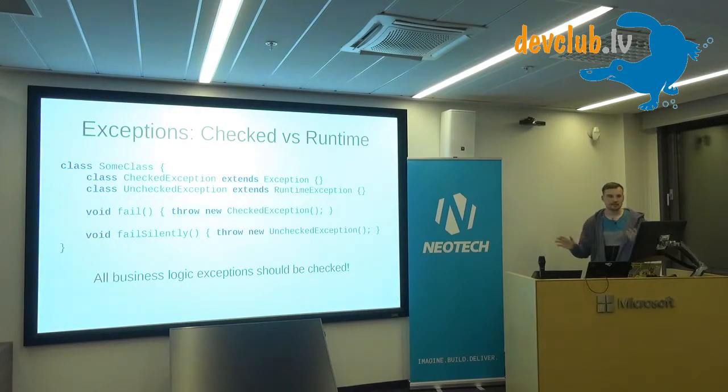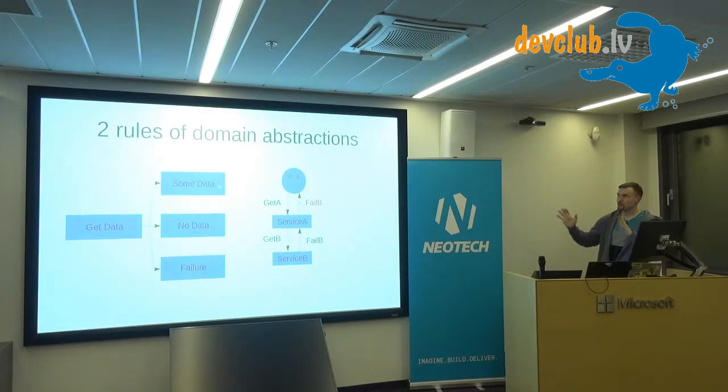And to just explain what's the thought process here. Two, I didn't know how to call it, but I called it rules of domain abstraction. Basically, first thing is when you get some domain entity, there are three options for what could happen. You can either get something, get nothing, or get a problem while retrieving data. So it would always be these three options: there is either an item, an absence of item, or a failure.